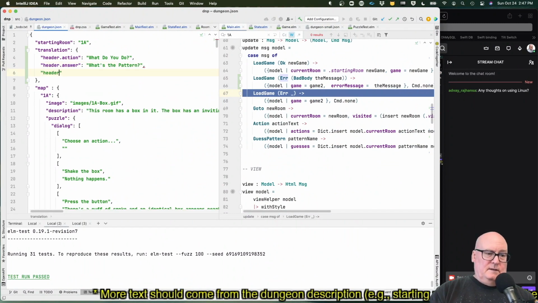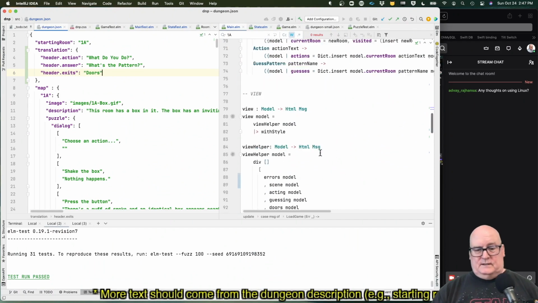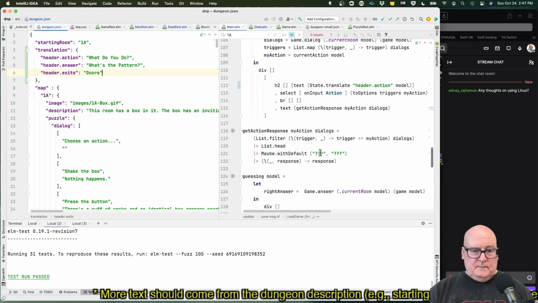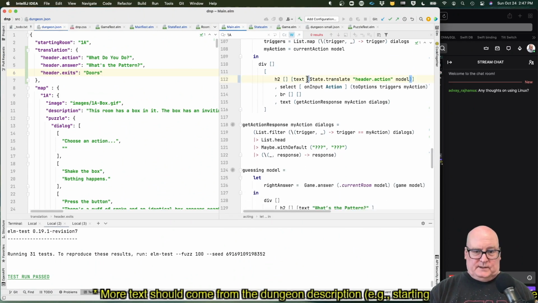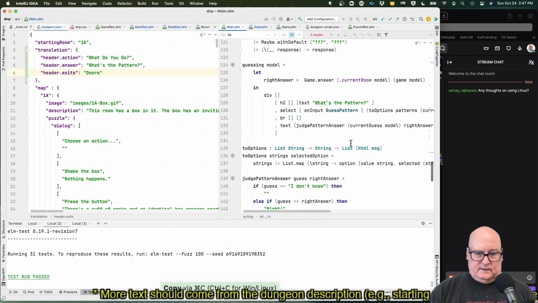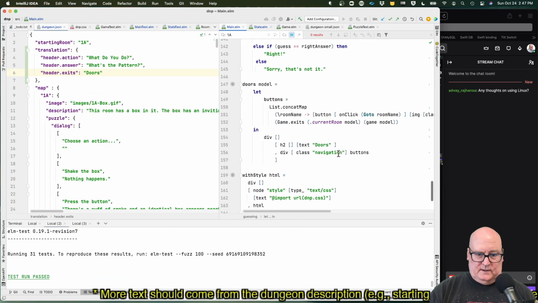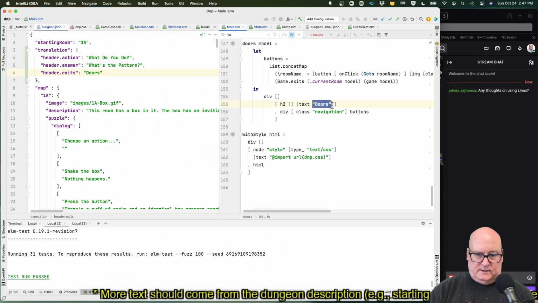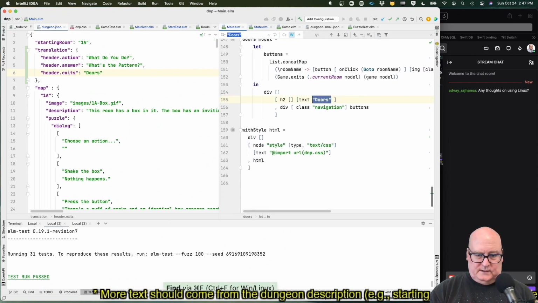And header.exits is doors. Let's get those two in. Okay, so here we're doing state.translate of something. What's the pattern? State.translate header.answer. And this one is the same thing with exits.